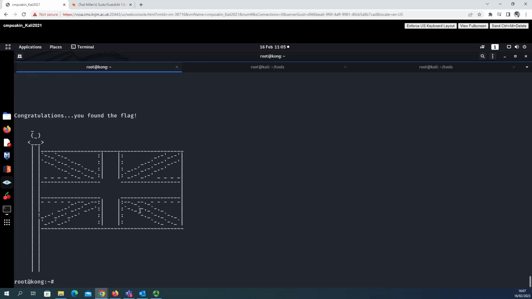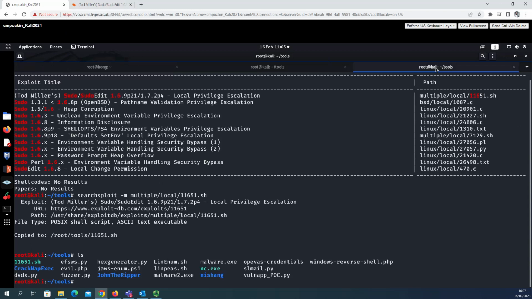So LinPEAS, in a nutshell, the Linux privilege escalation script LinPEAS finds possible exploit paths that we can use. In some scenarios, you can find something else. It might be an SUID binary, and all you have to do is investigate that specific vulnerability that's found, see if there's an